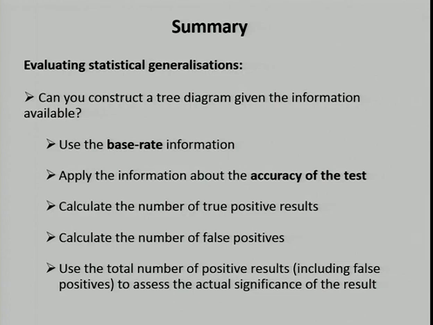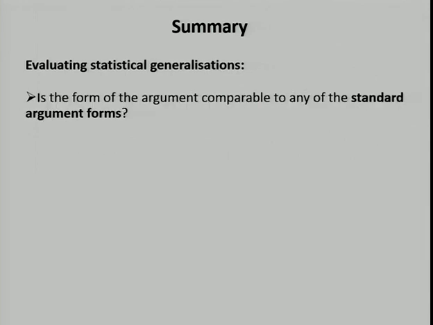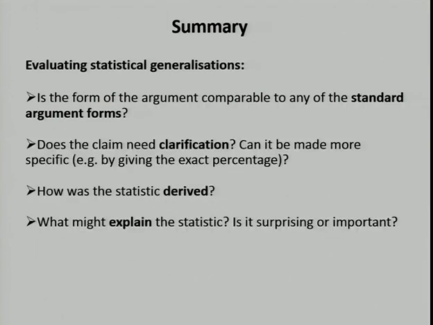More generally, if you don't need to do that, you try to figure out whether it corresponds to one of the forms that we already know: modus ponens, modus tollens, the invalid argument forms. And you can also ask a number of further questions that we haven't discussed here but that might be relevant, right? How was the statistic derived? Is the claim clear? So what does it mean to say all observed florks are white? We might need more details there. Are there possible explanations? Those are just the kinds of questions that you can start asking.